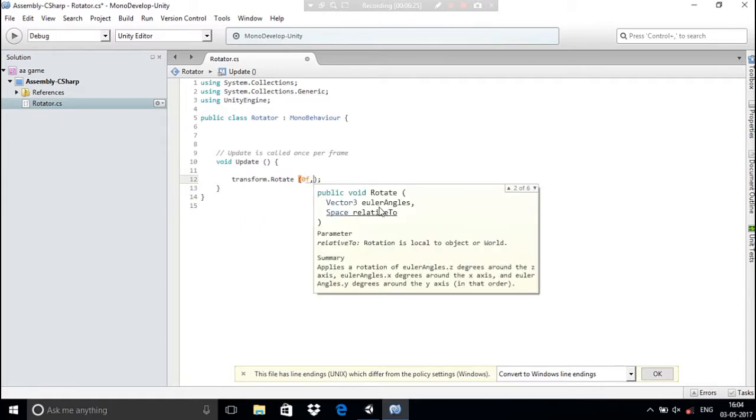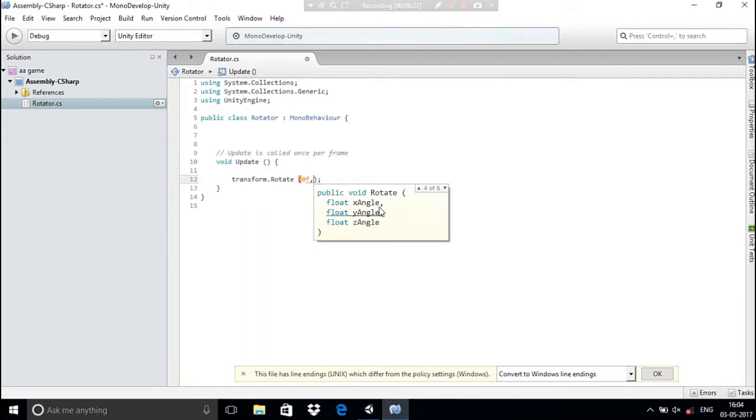Let me just show you. You can see here MonoDevelop asks for a float X angle, float Y angle, and a float Z angle. Whenever we want to specify it's a float number, float means it's basically a decimal number. So when we write 0f, Unity knows that it is a float number. If you write only 0, then it will be an integer number and it will show an error. So we do comma here, and then we want to give some kind of speed on the Z